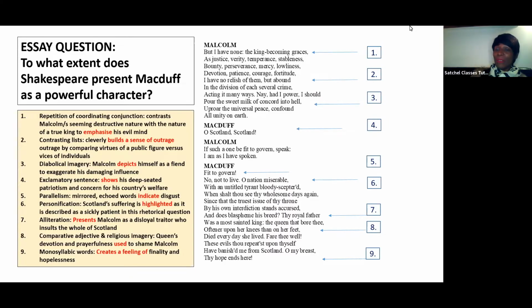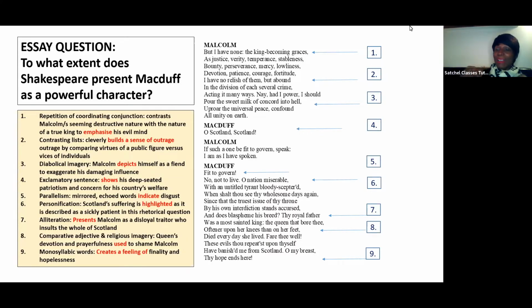So why does Macduff have to be powerful? Because he's confronted with evil and he's confronted with temptation. Malcolm, the rightful heir of the throne, is saying, will you join me in my quest for evil and war? Many people would give in and say, well, he's the rightful king. I'm a good warrior. It's better than Macduff. I'm in. But Macduff shows that he is powerful.